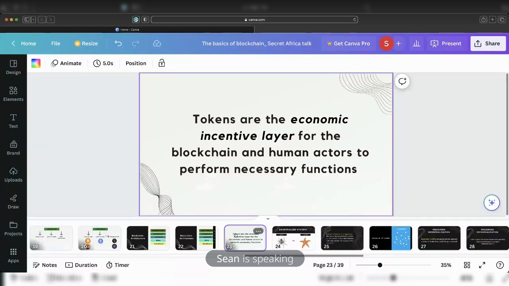Otherwise, if there weren't this economic incentive layer, people would be less inclined to participate, right? Let's be honest, a part of what is attractive about blockchain in this emerging space is the economic possibilities. And a blockchain's token, or gas token, utility token, allows for that if they have good token economics. So that's probably enough when it comes to blockchain architecture. I realize it's a whirlwind tour, but hopefully you're catching some pieces that are helping you connect the dots about how